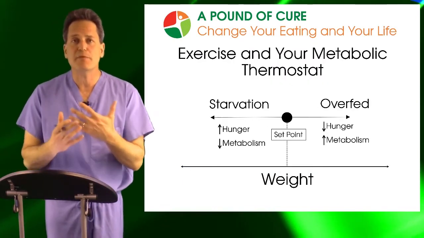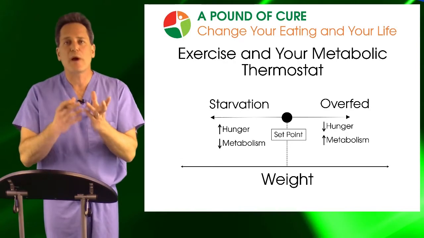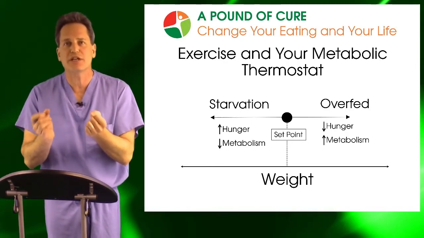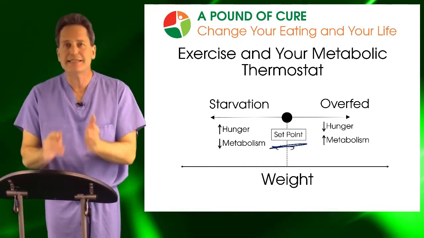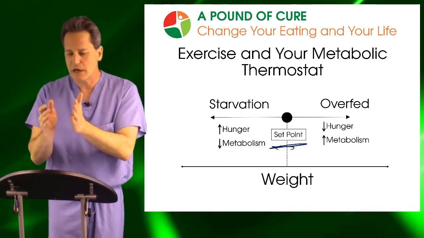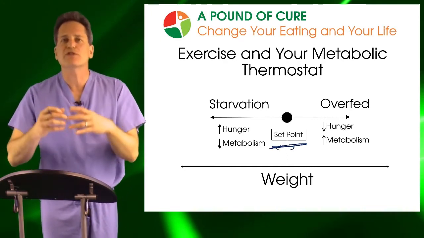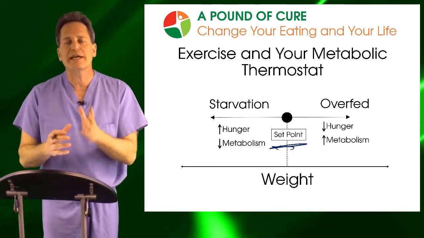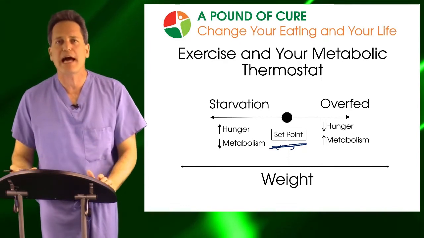Furthermore, because of your metabolic thermostat and the way it works to help shift and maintain this balance in the calories that you consume, our body has this set point, and our hormones and our fat cells and our muscle cells are really working to help maintain a perfect calorie balance.